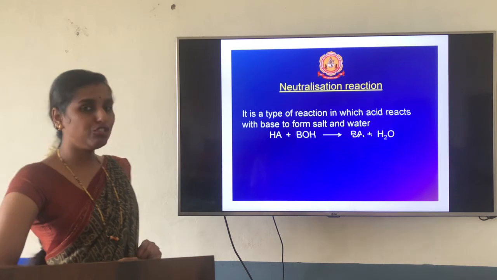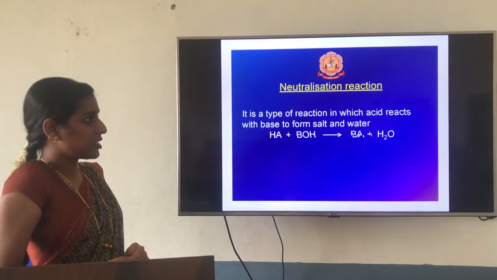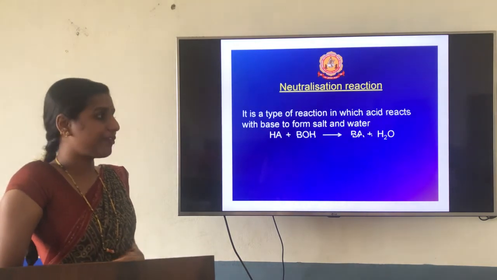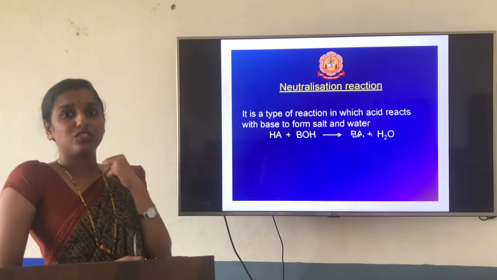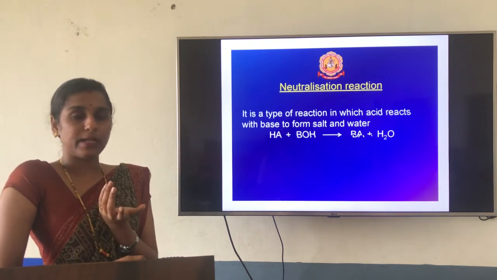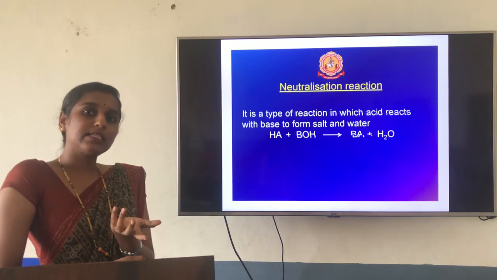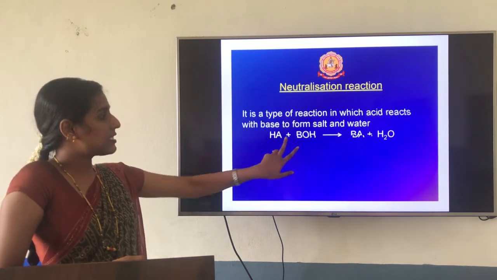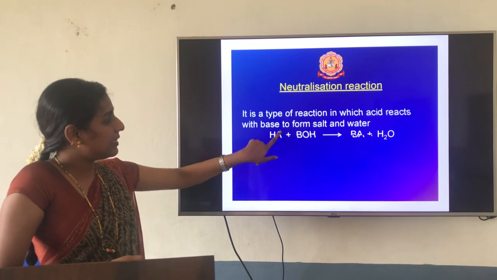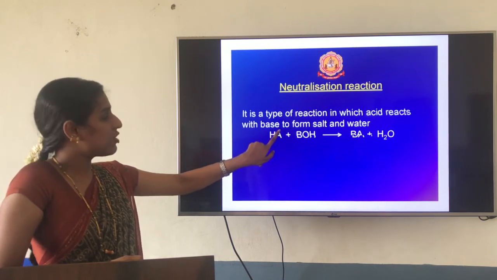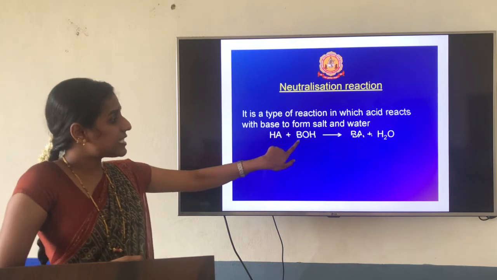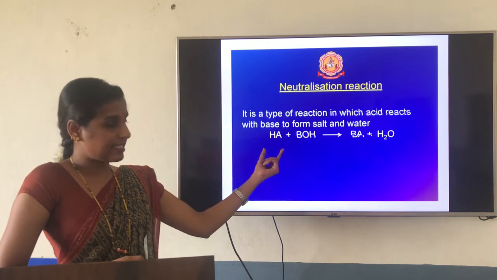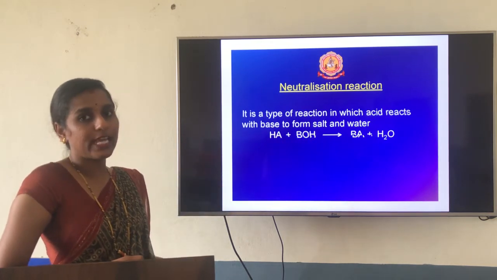The next reaction is the neutralization reaction. For this, first you should know what is meant by an acid and what condition is required for a base. Acids are nothing but those which release H plus ion. Only if it releases H plus ion can you say it is an acid. A base is nothing but that which releases OH minus ion. Only then can you say it is a base. So if you consider these two in a general example, this reactant has H, so H plus ion will be released, and this reactant will release OH minus ion. So what releases H plus ion, we call an acid, and what releases OH minus ion, we call a base.